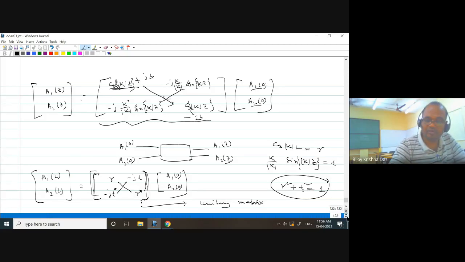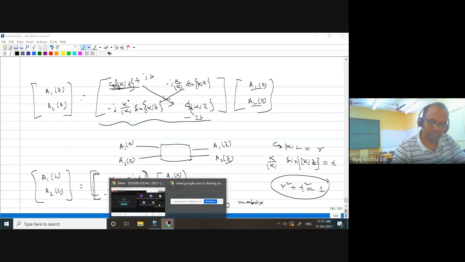Okay. So I stop here. If you have any questions, you can ask me. Otherwise, in the next class I'll give some more examples on this coupled waveguide. For example, how this coupled waveguide can be useful as a directional coupler, power splitter, and some other functions. I'll be discussing that before I go into the counter-directional case. If you have any question, you ask. Otherwise, stop.